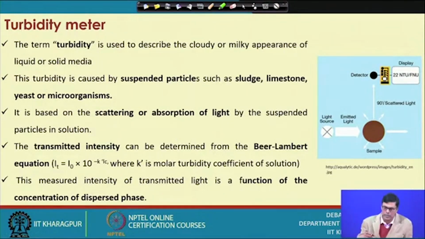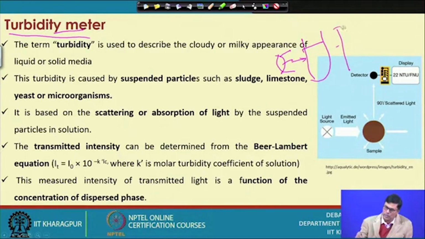Now, another thing is the turbidity meter. I will try to explain the turbidity meter because we know the principle of the colorimeter. What is the principle of the colorimeter? Suppose this is a light source, and we keep a solution here, and we pass a particular wavelength of light, and we measure the intensity of light here. This is the detector,